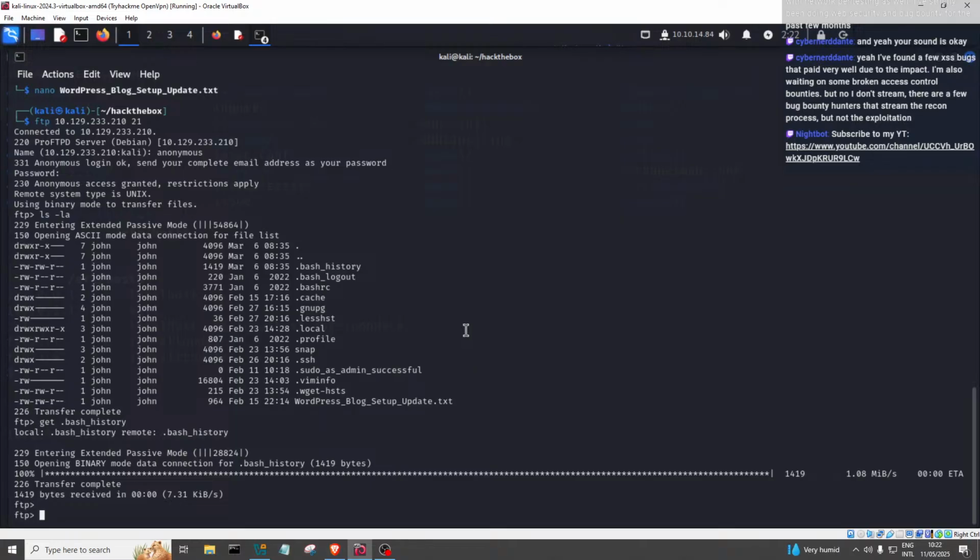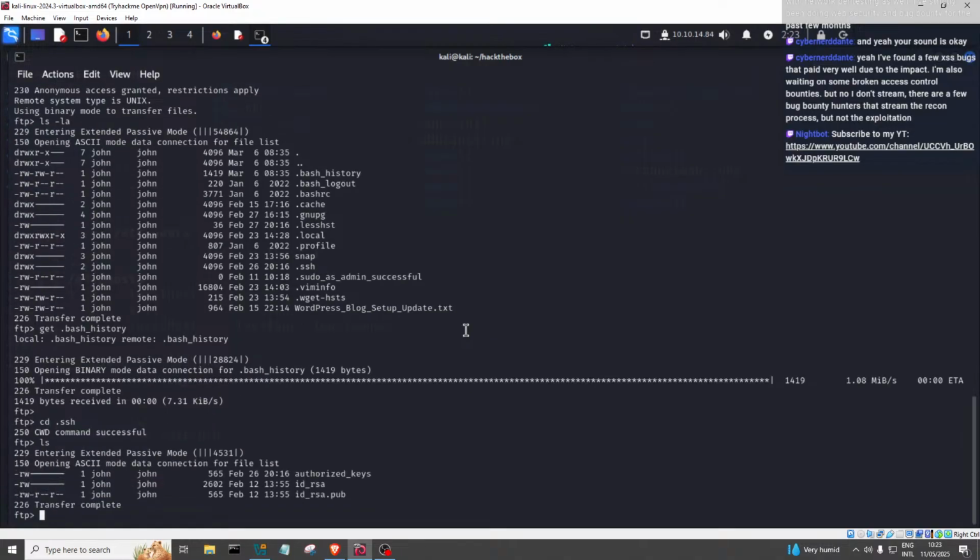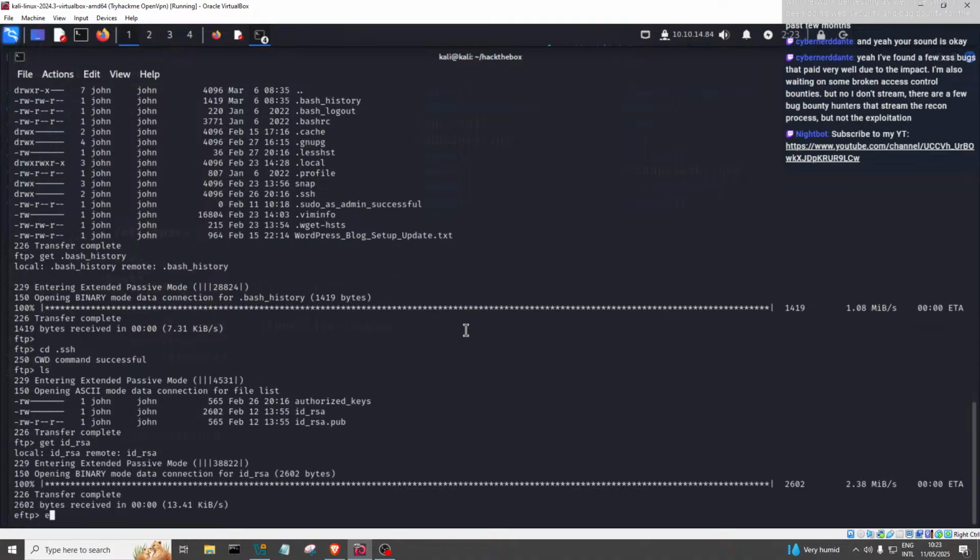What else? We have an SSH thing here as well. Could check that out. Let's go into the SSH one as well. cd .ssh. See if we can find a key. Less. So there is the private key. We grab that. Get id_rsa, and then we're going to get